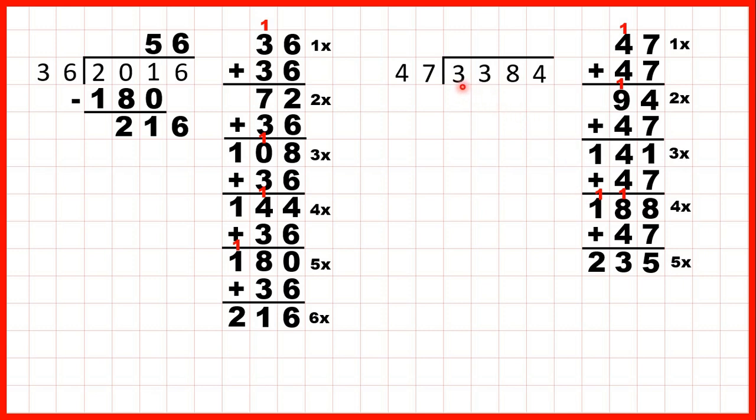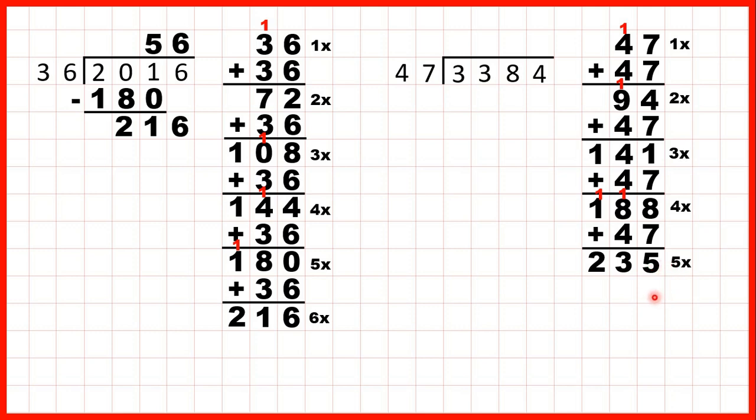If we take the first 2 digits together, we have 33 divided by 47, but 33 is less than 47, so let's take the first 3 digits together. That gives us 338 divided by 47, but 338 is a lot more than 235, so we need to continue